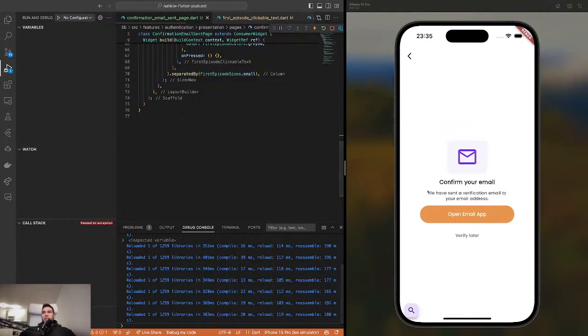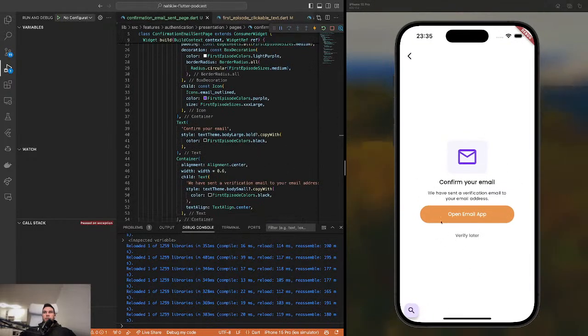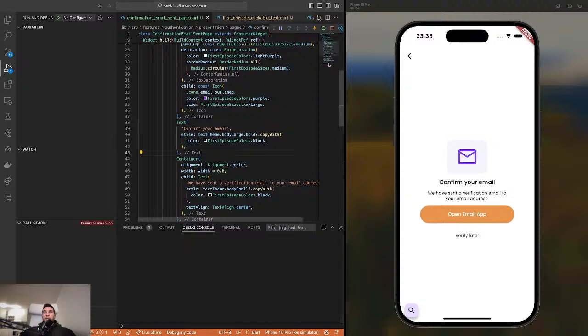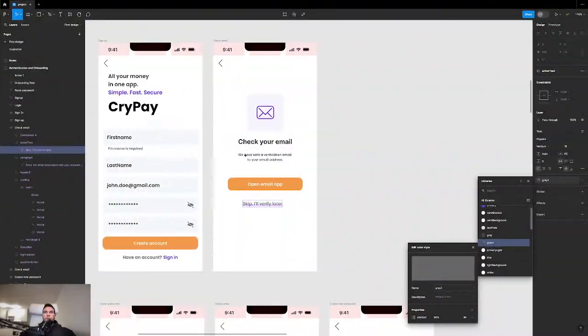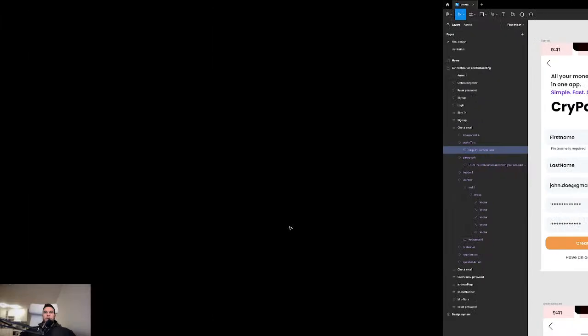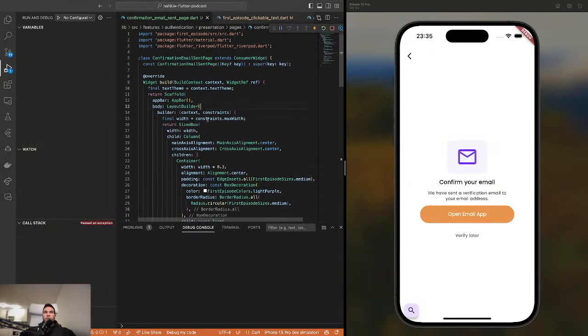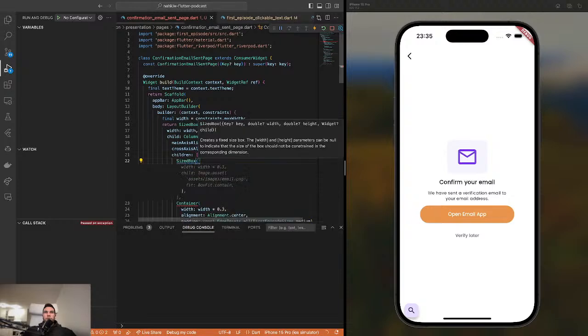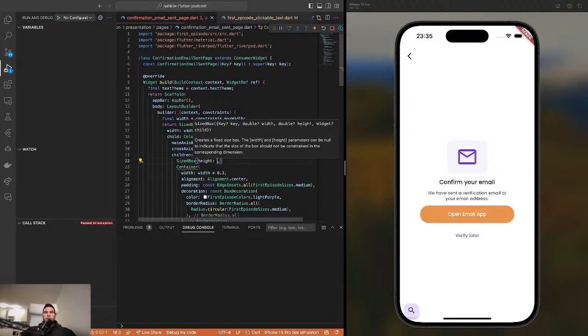This looks good. I like it, but it's in the center. It's better to have it a bit on the top here, as we can see. Small padding from here, but here we don't care. What do we get? So here we can have a bit of space. So here sized box, some height, and this height will be, let's see, okay,